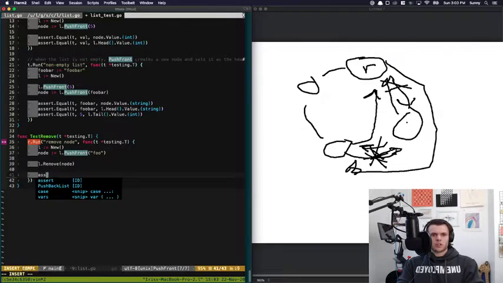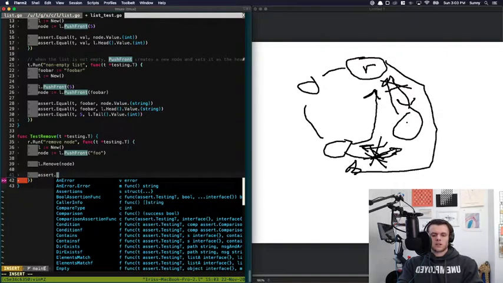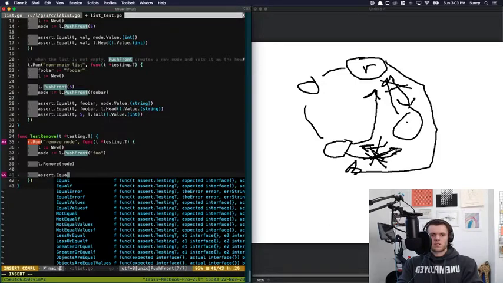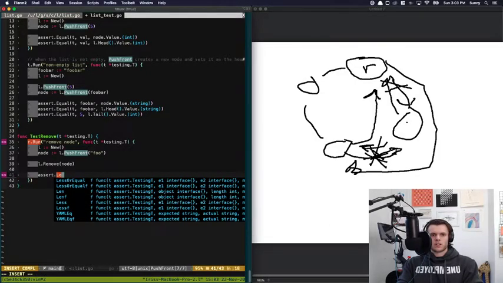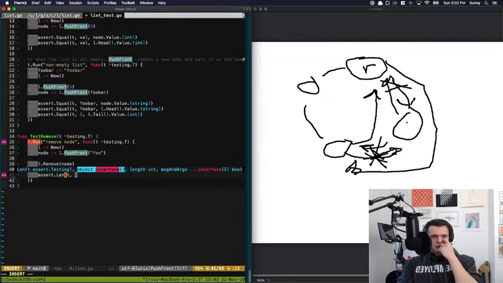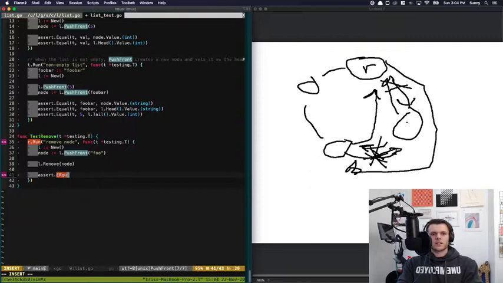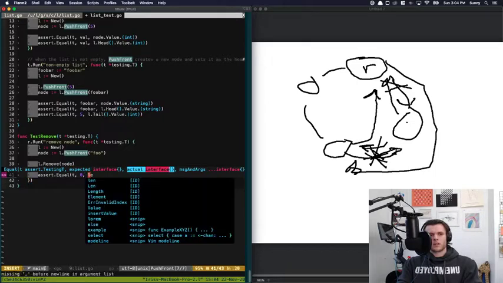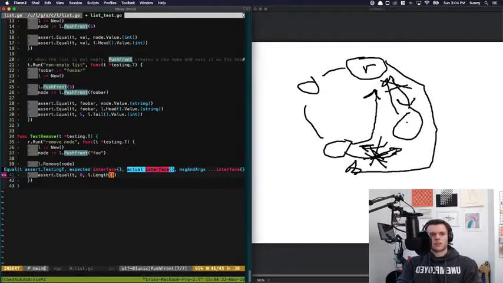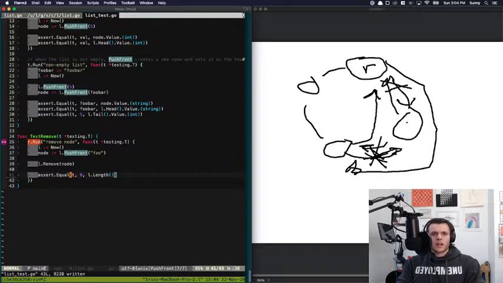And then we should assert, we're going to assert length actually. T object is going to be, oh wait, no, we can't do that. Equal T, I'm going to do length. And this should be 0. We call this. And then